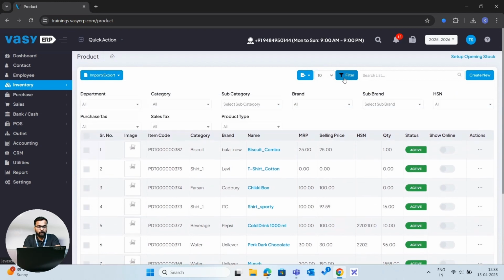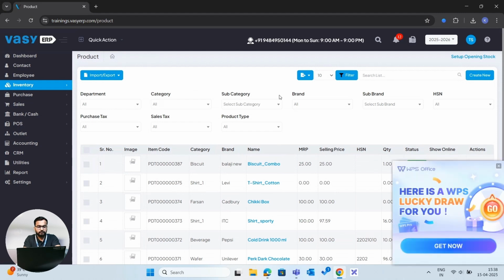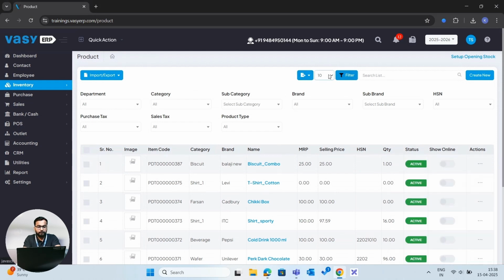The filter can be used to filter out the respective products as per the different categories shown here. Also, the maximum records shown per page can be controlled by this pagination option. We can also export the